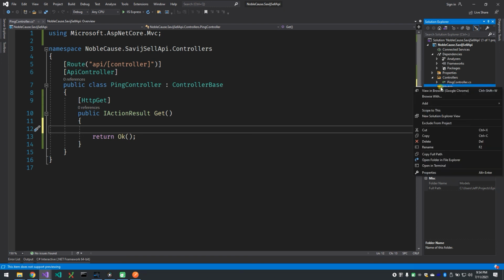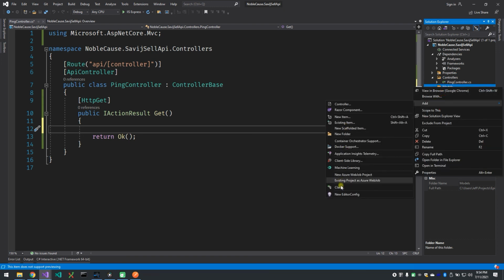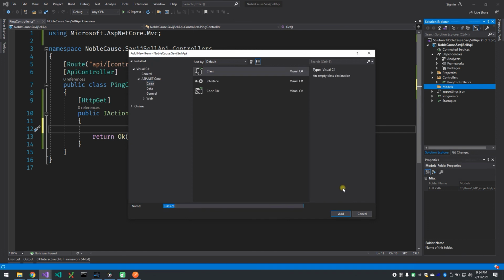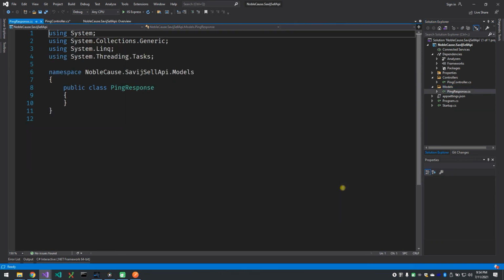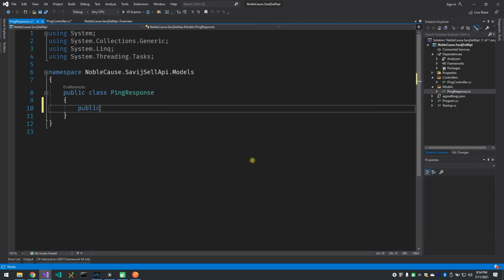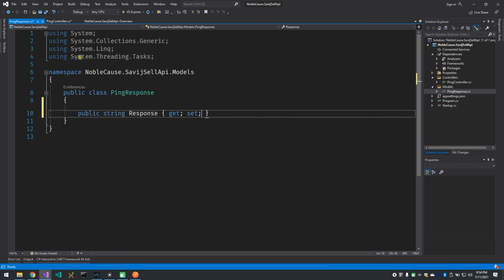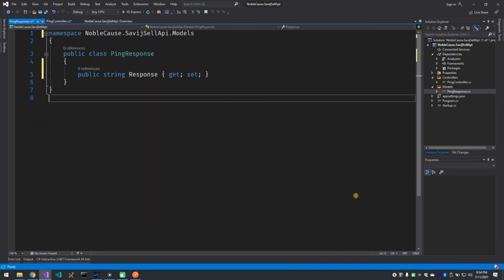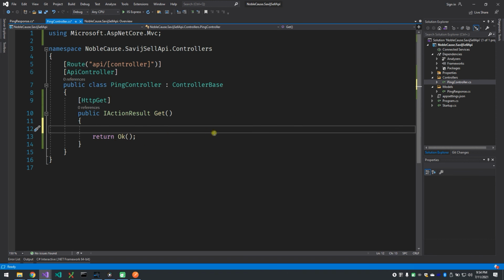And now I'm going to right click models and I'm going to add a model, which is just a class. And my class is going to be called ping response. It's going to have one public string property called response. And I will remove and sort my using statements. So we have our ping response with one property, and we're just going to